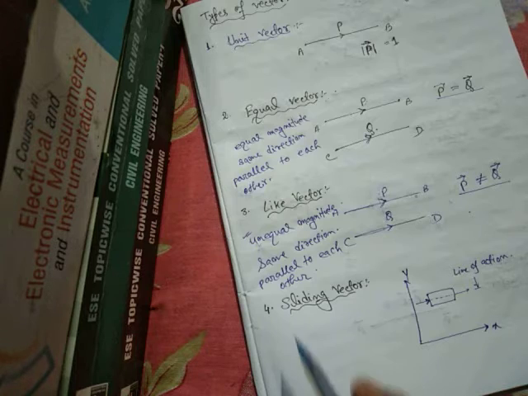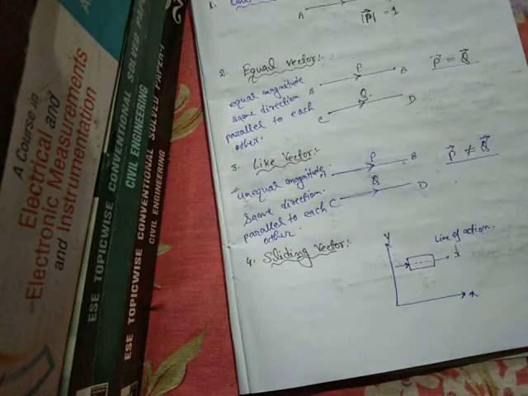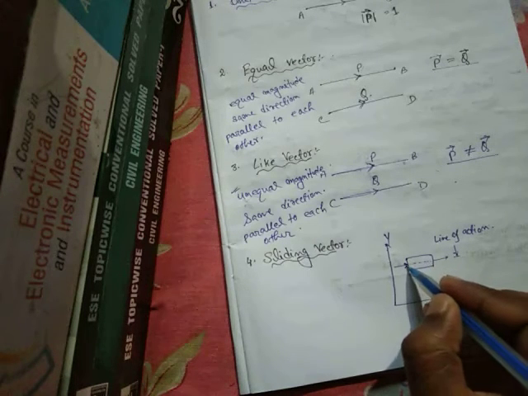Now sliding vector. Next is sliding vector. It is nothing but the vector can move anywhere but should maintain the same direction. It is only the direction that is maintained,